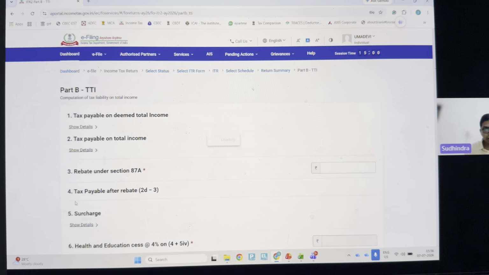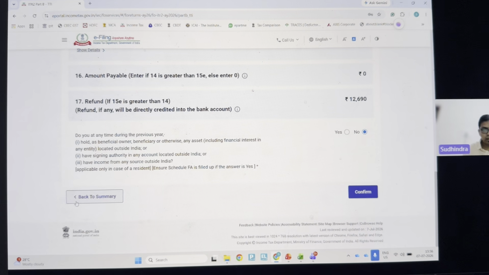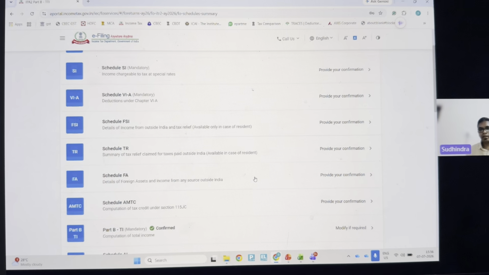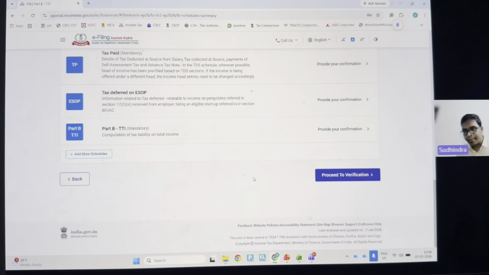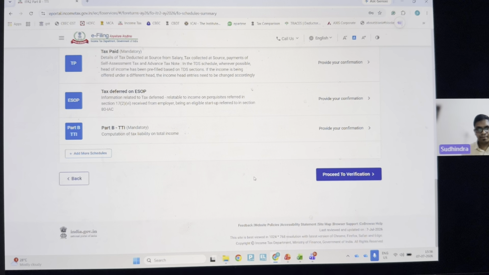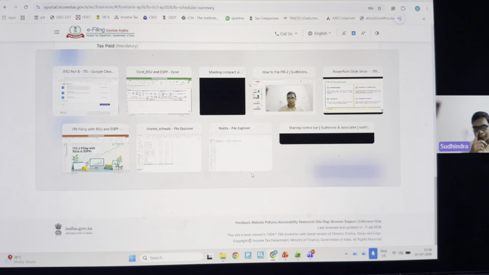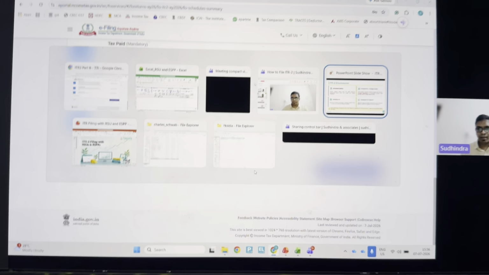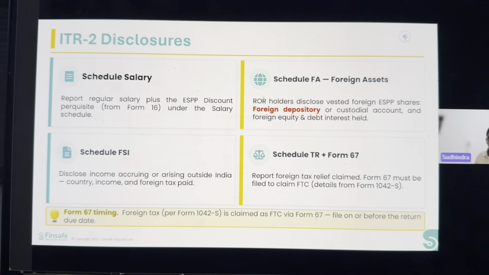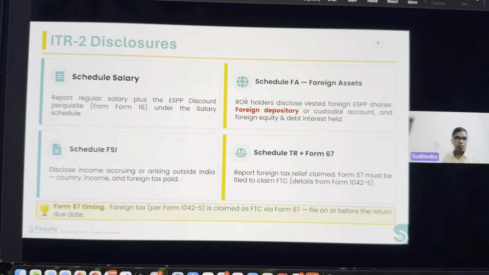Once you enter all these details, you get the option to preview it. You could preview and you could submit the returns. So this is on the tax portal. Now we would just wrap up. So if you have